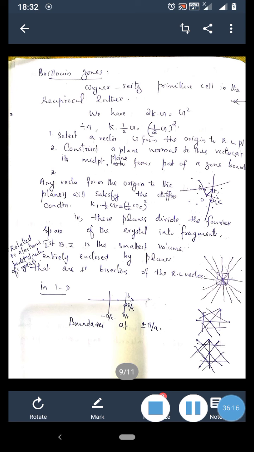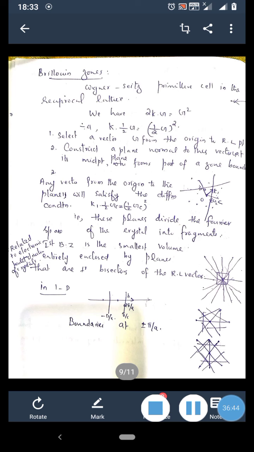These Brillouin zones have great importance in the theory of wave propagation in crystals. A wave whose wave vector drawn from the origin terminates on any of these planes will satisfy the condition for diffraction. That is the importance of the Brillouin zone in the case of wave propagation in crystals.